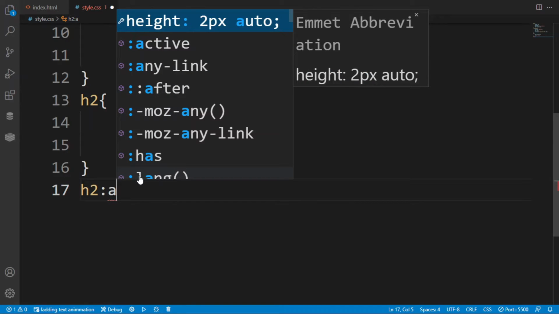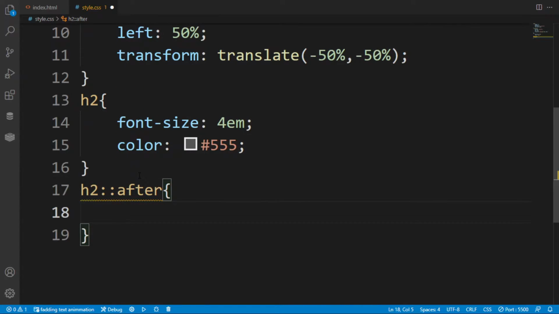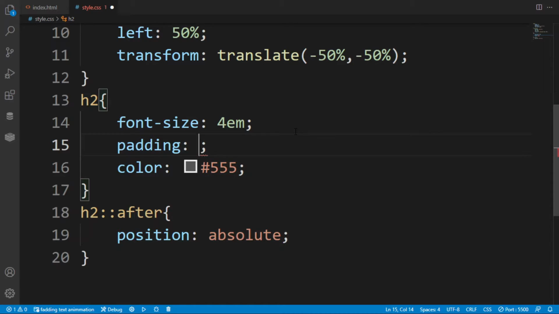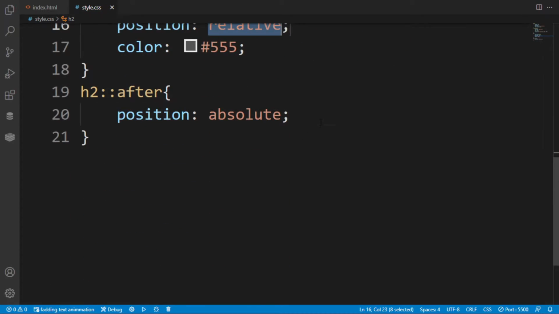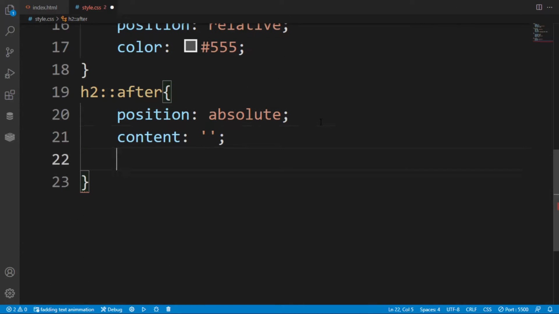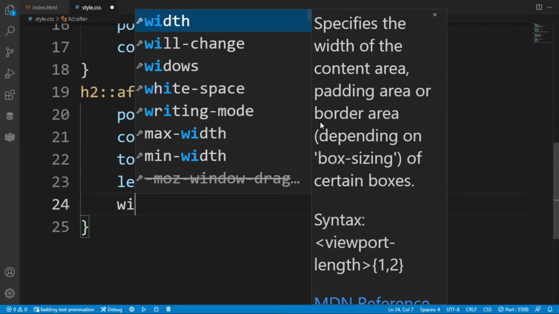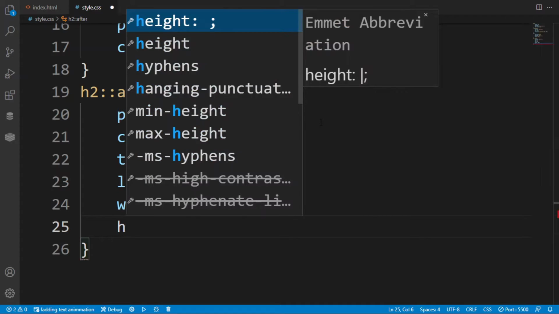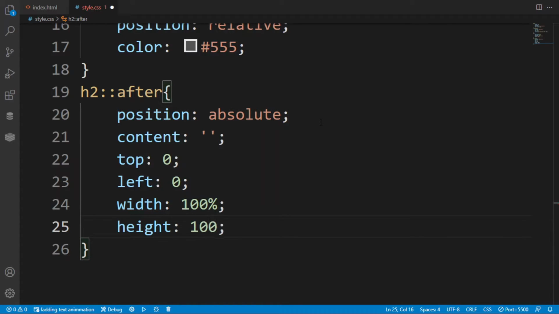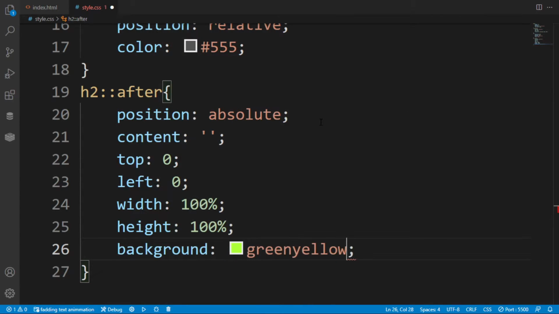Here in the heading I want to create a before and after, which are pseudo classes. I have used the after. I am giving position absolute, and in the heading tag I am giving padding of 20 pixels. After that I want to give position relative, because if you do not put position relative in the heading, then it will take the animation box as its reference. Here I have put top 0, left 0, width 100%. There has been no change because we have not put in the height and background. So height is 100% and the background will be your own choice of color. For ease of viewing I have put in light green, as you can see.